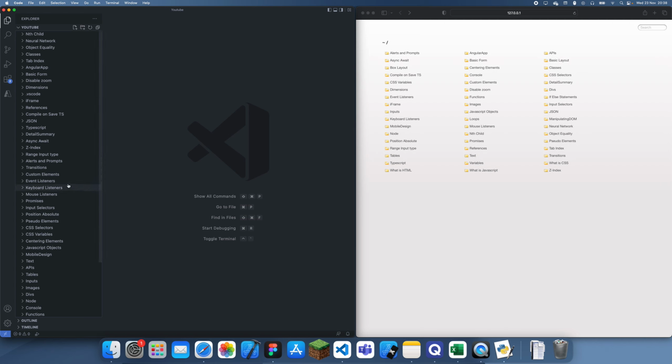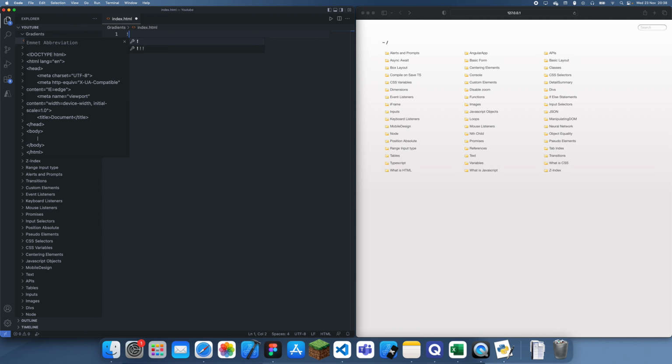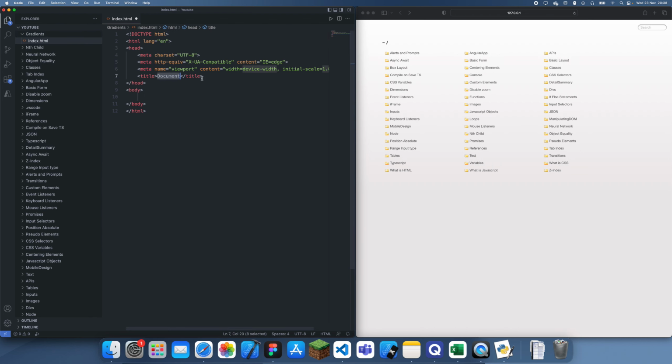So in this tutorial I'm going to be explaining how to use gradients in CSS, which are very useful since they allow you to make a website just look better, and they can really elevate your website to a new level of design. So let me just create a quick project here,